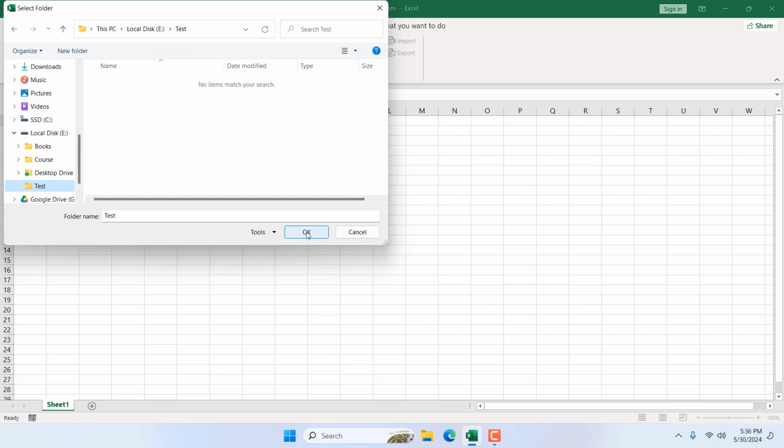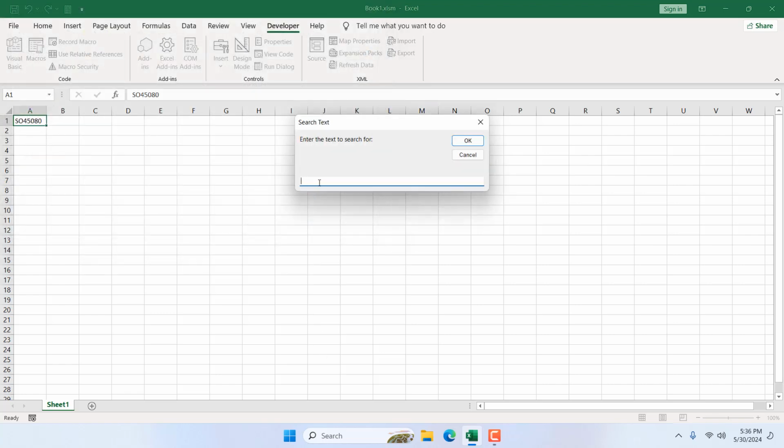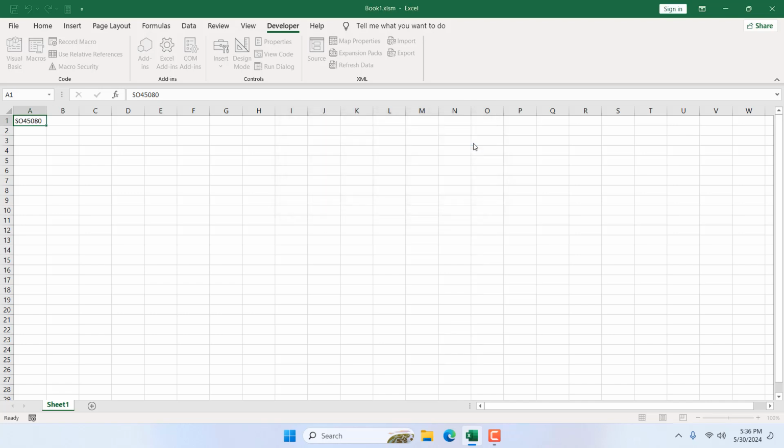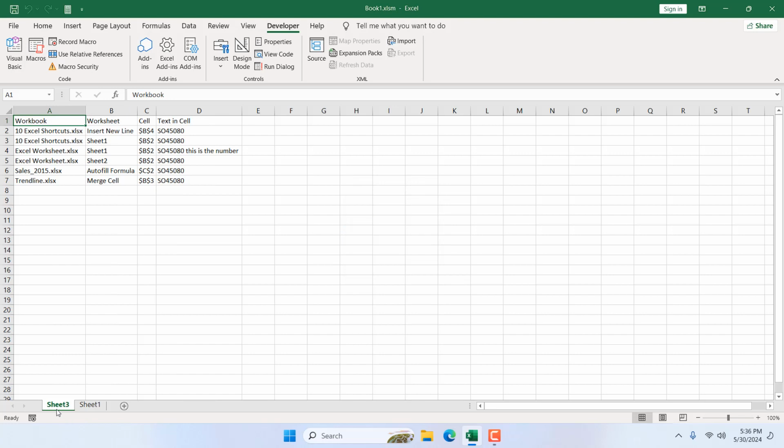If I click OK, it's asking for the text I want to search for. So I'm going to write here the order number, which is SO45080. So this is the order number I want to find out. I'm going to click OK, and we have a pop-up, Search Complete. If I click OK, a new worksheet has been created, and here you can see this is the workbook name, this is the worksheet name, and this is the cell reference,